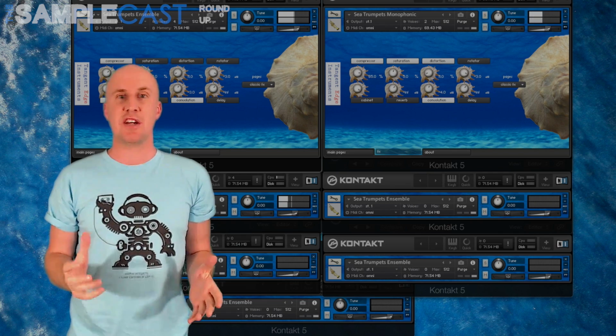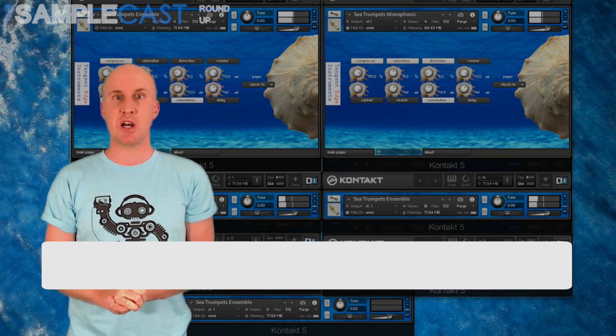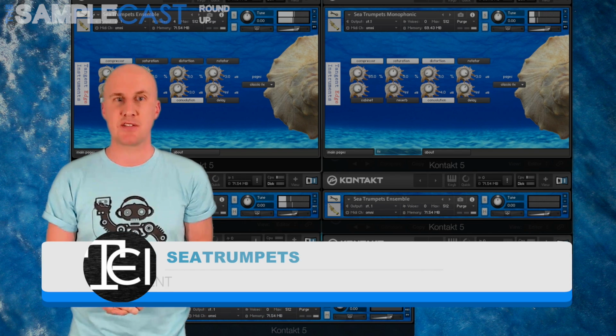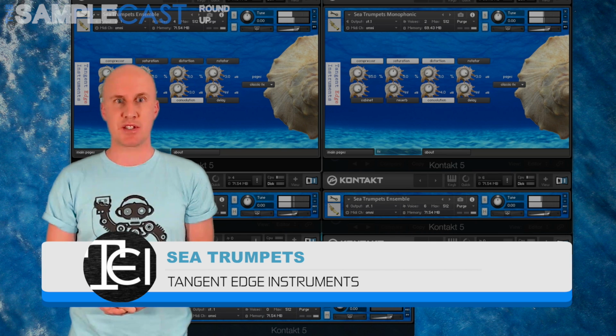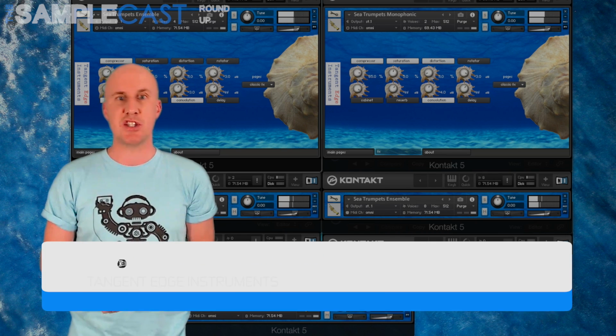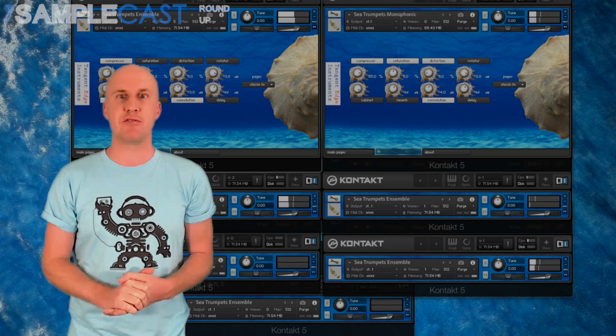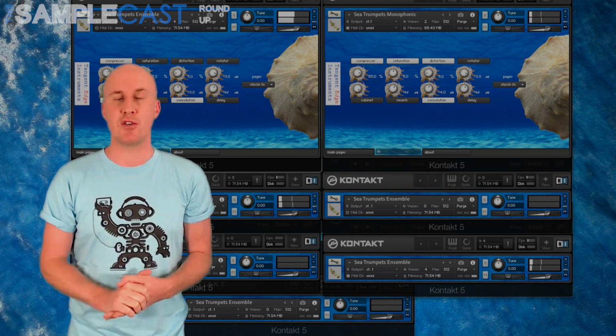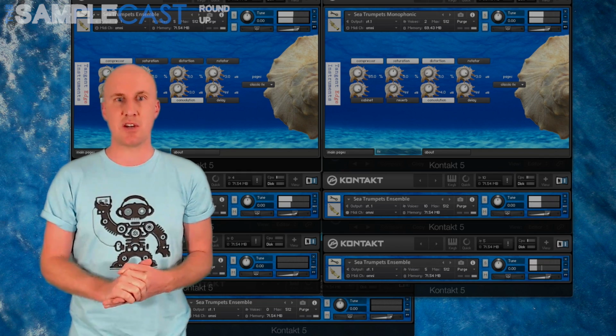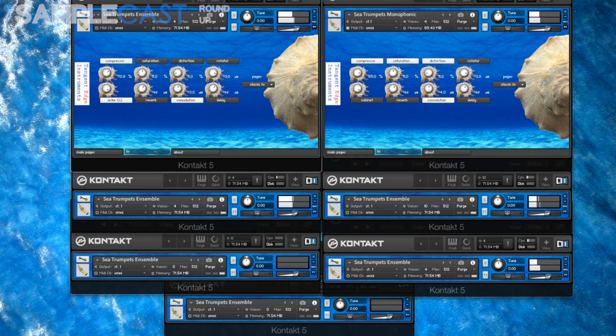I want to give a shout out to this one because it's a very unusual library developed by an interesting developer. It's Conch Trumpets by Tangent Edge Instruments. Now it samples large seashells, or conchas as they're also known, it runs in the full version of Kontakt and there's 35 different conchas that have been collected here and sampled. You've got presets for both monophonic legato playing and an ensemble mode too,